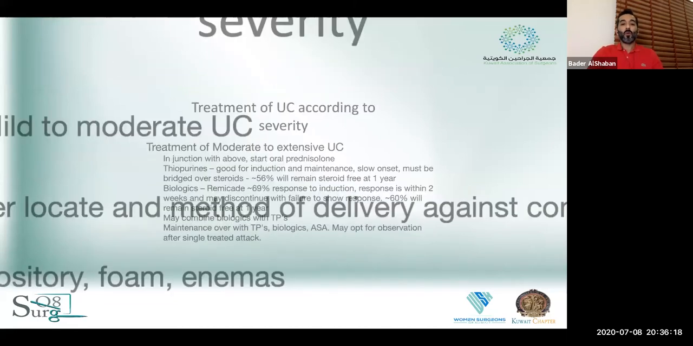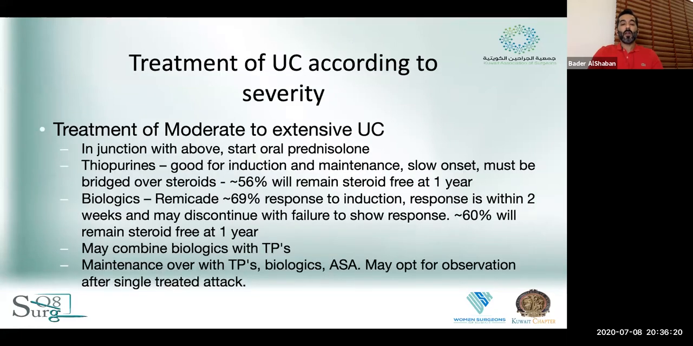When you move on to more moderate or extensive disease, it's more prudent to start the patient on oral prednisolone. Thiopurines such as Imuran or Purinethol may be used for induction and maintenance. However, they do have a slower onset when compared to biologics. And it is important that when you use these two drugs that they must be bridged over steroids in order to avoid